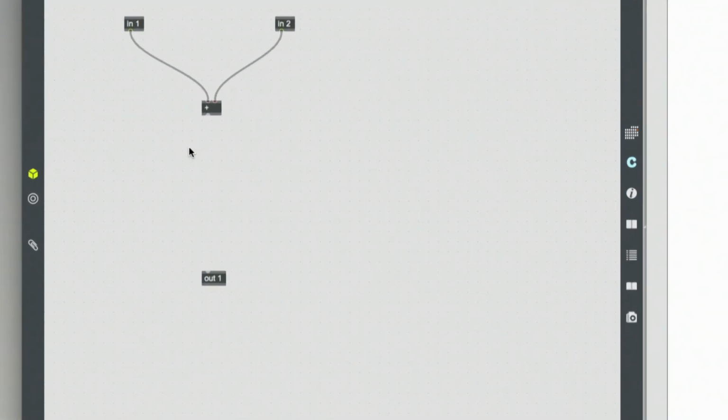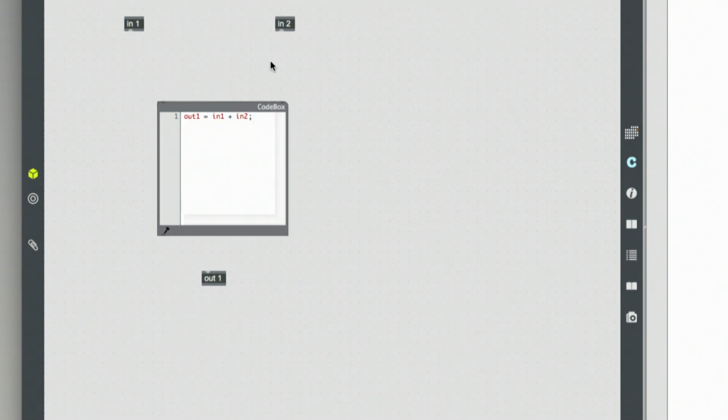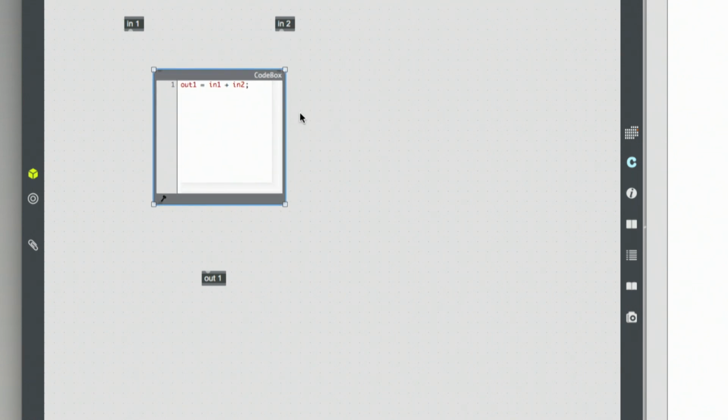There's one other object I want to mention that I touched on before, and that's Codebox. Let's bring it in. It can just be used like this. So actually you'll notice Codebox looks a little different to what I showed before. And basically Codebox here is just joining the in objects to the out. So if I just join it in like this,